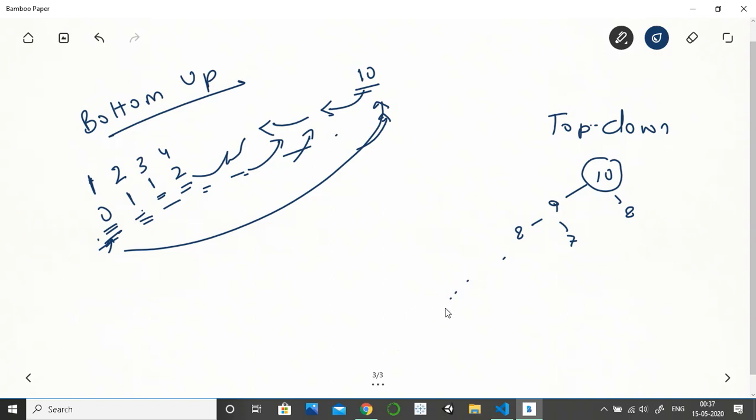As I mentioned, there will be a situation where 3, 2, 1, and it will be 1. For the value of 2 we already have it as 1, and for this we have 0. Just like bottom up, it will also create an array 0, 1, 2, 3, 4.